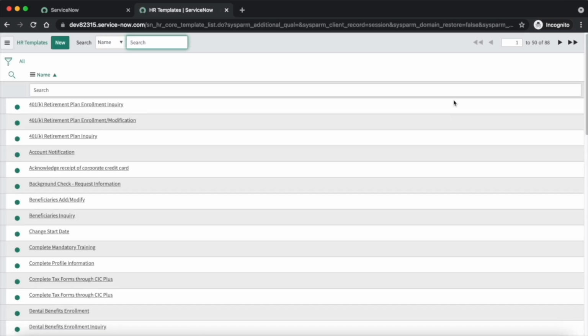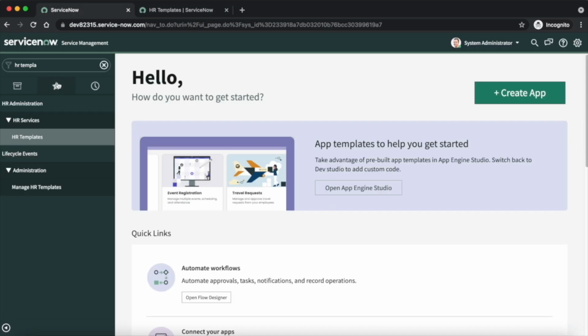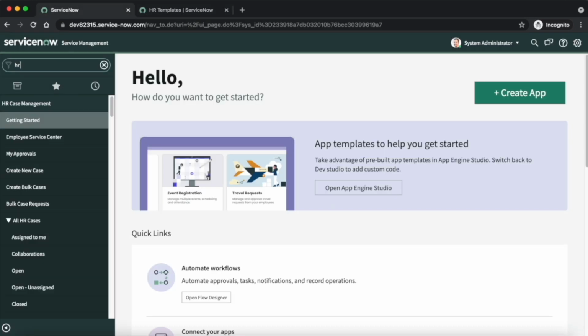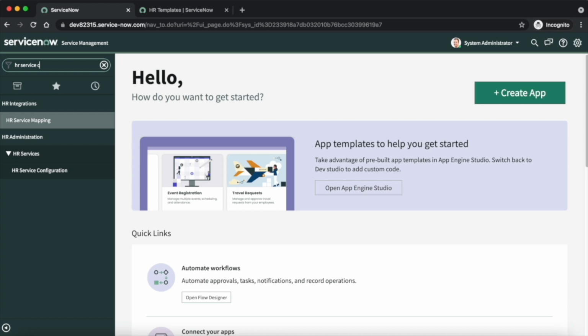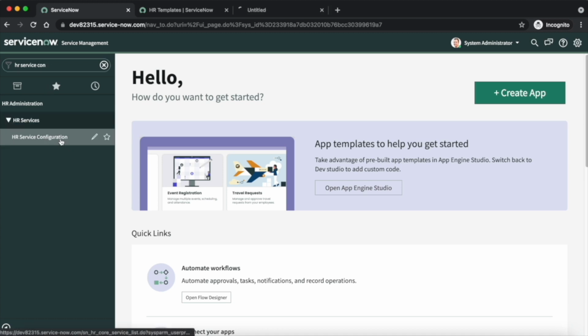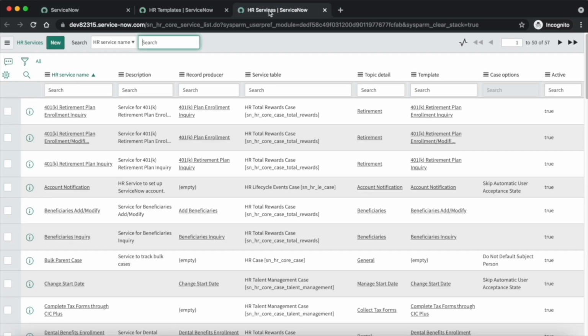Now we will see how to associate this created HR template with an HR service. For that we will have to navigate to HR service configuration. Just for demo purposes, let's select any HR service.